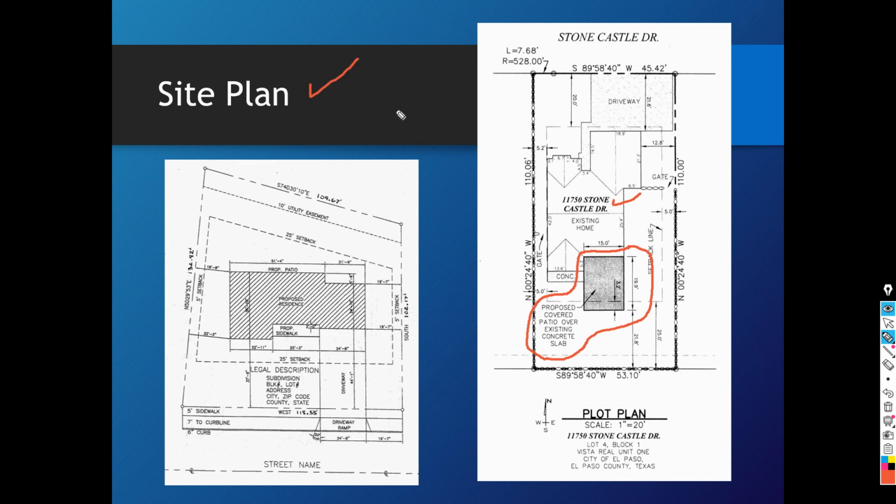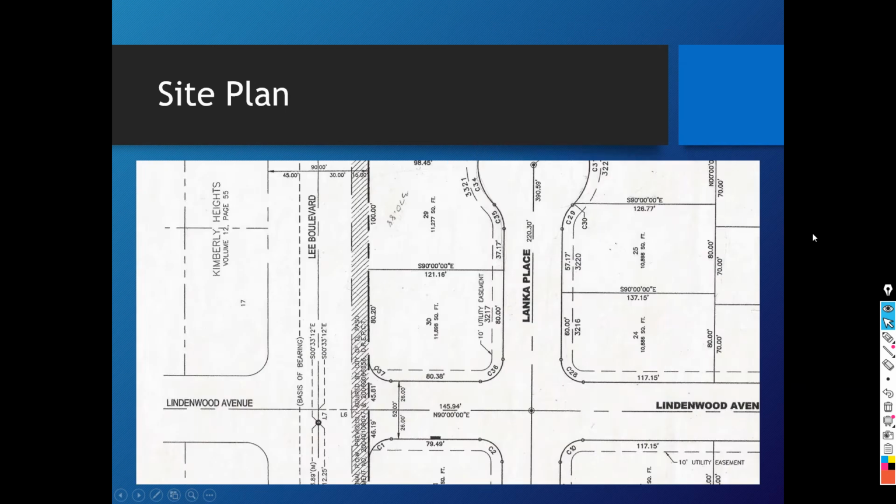All right. So again, even if you don't like civil engineering, you want architecture, then at one point or another, you will have to work with a subdivision plat. So it's just something you can't get away from. All right. So as far as the subdivision plats and site plans,